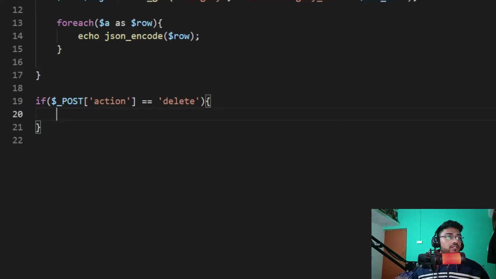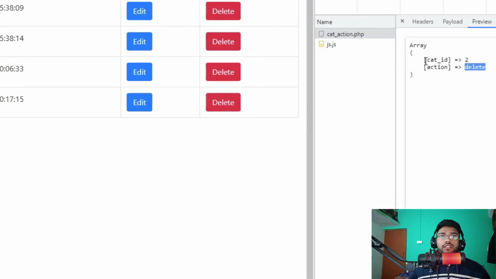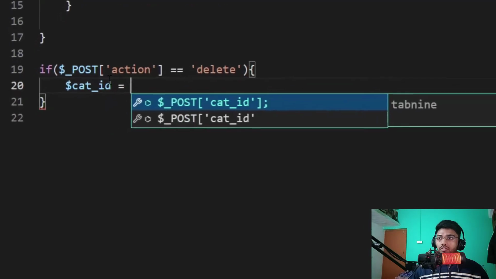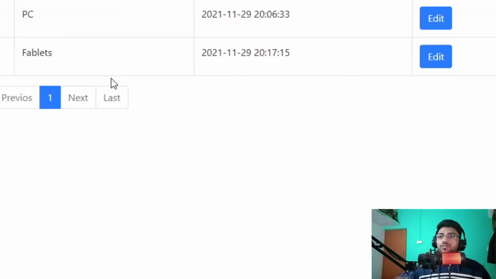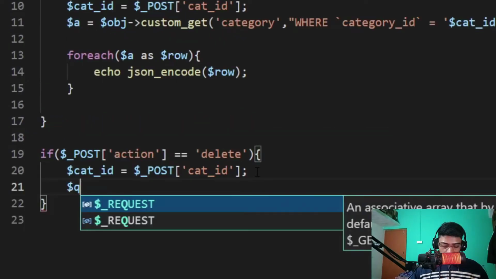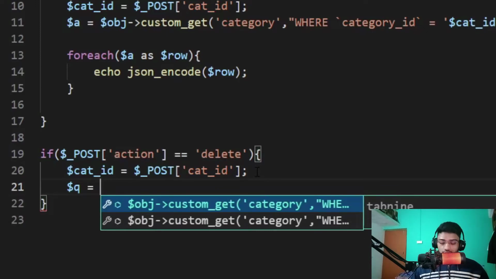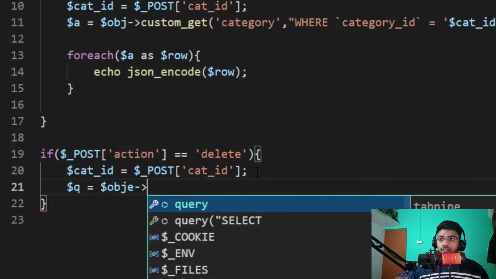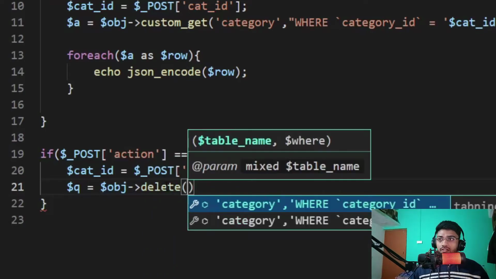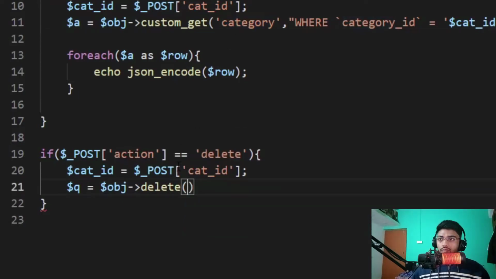Delete, and what is the id? The id is cat_id. So I take a variable $cat_id equal to $_POST['cat_id']. Okay, I just write a query, like $q equal to $obj as an object, and call the delete method. In the delete method, what is the table name? It's category. So I just pass category,